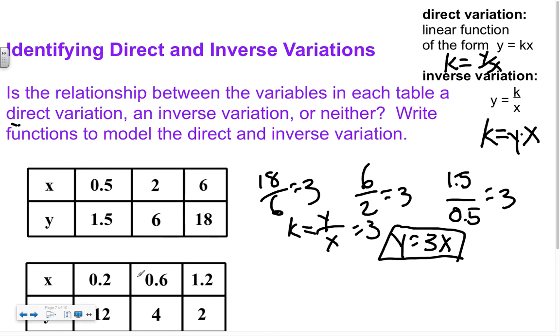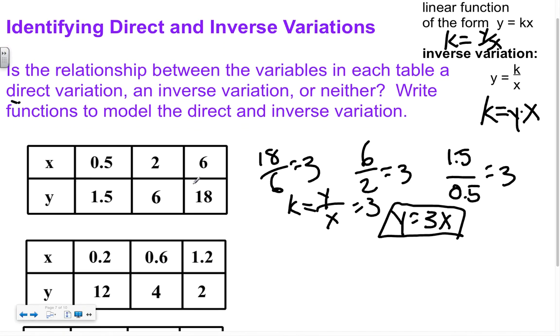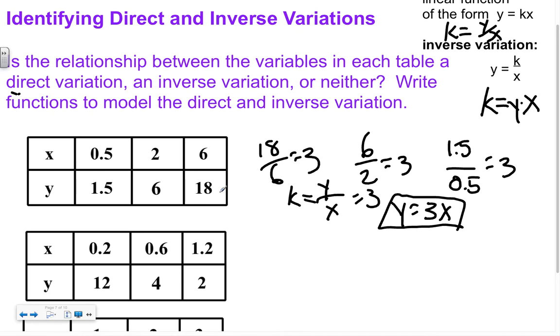Alright, for this one here, we'll do a similar thing where we're going to look to see, should we divide y over x? Will that give us the same constant of variation, or should we multiply x times y? Will that give us the same thing? So if we take a look here, we're going to be looking at, if we multiply all of them,